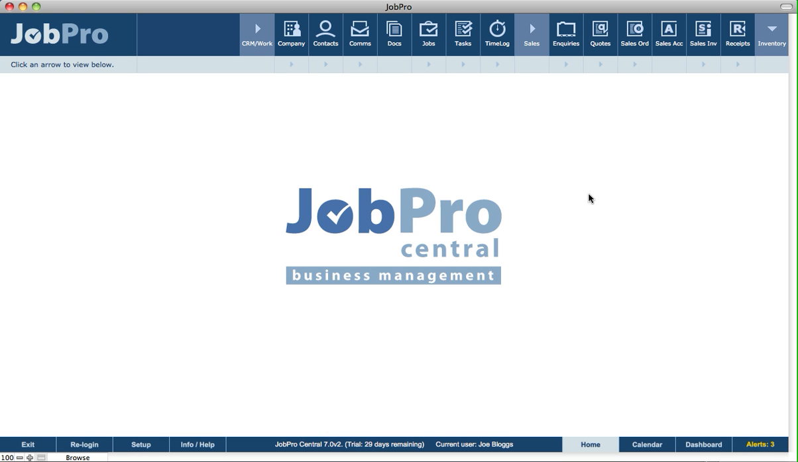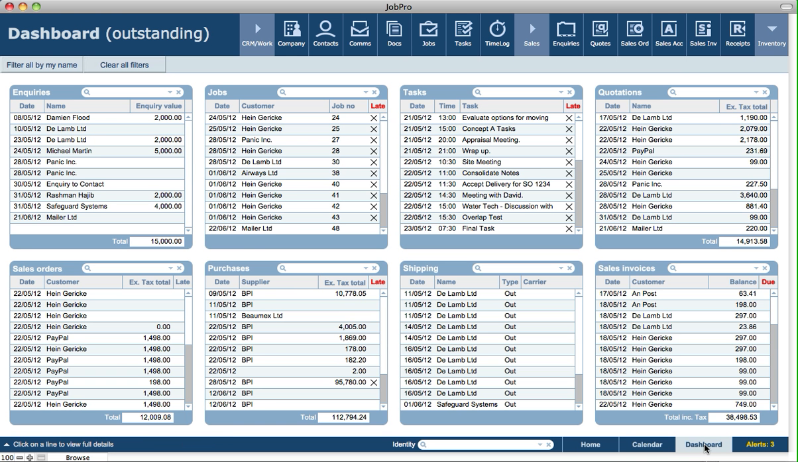The dashboard is a very useful feature in JobPro where you can click on any screen that you're currently on. There's a dashboard button down the bottom, and in here we can see various parts of the system that have outstanding requirements, like any inquiries that need to be followed up on, any jobs that are current or not started,